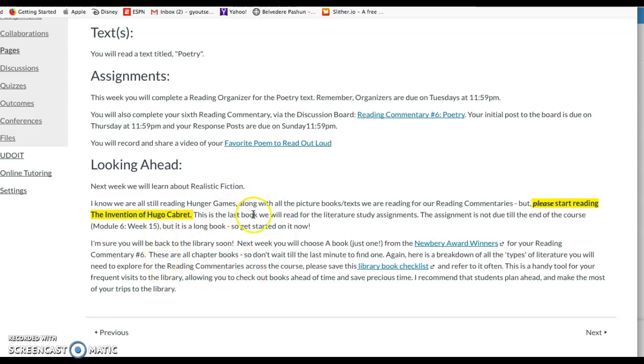All right, next week we're going to be reading our Newbery Award winner books. That's a reading commentary that we are only responsible for reading 1 book that week, but they are chapter books. So along with your Hunger Games that you've got going and your couple pages of Hugo every night, you do need to start reading your Newbery book for your reading commentary, which is due next week. So I recommend heading to the library if you haven't, and pick up a Newbery Award winner so you can start reading it this week, and because we don't have much going on with our poetry, so that by next week you will be done with your Newbery book and ready for your reading commentary.